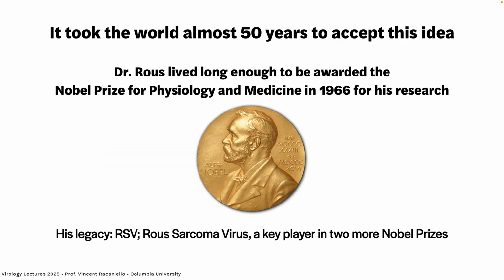It took 50 years for him to get a Nobel Prize for this. Nobody believed it at first. People thought other things caused cancer, but eventually others worked on this and they provided the evidence showing that yes, in fact, his virus causes cancers in chickens. He got the Nobel Prize in 1966. The virus that he discovered was called Rous sarcoma virus because the chicken developed a sarcoma, and of course his name was Rous, or RSV. It played a role in 2 more Nobel Prizes, as we will see today.